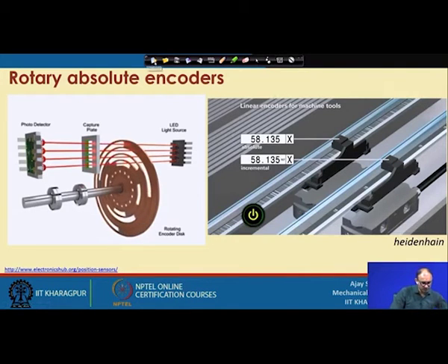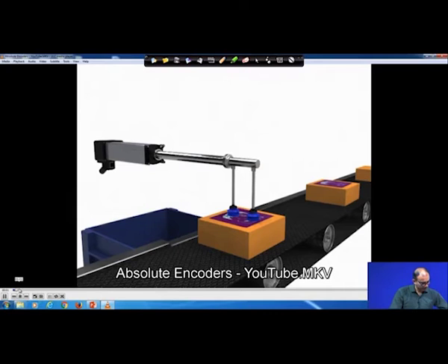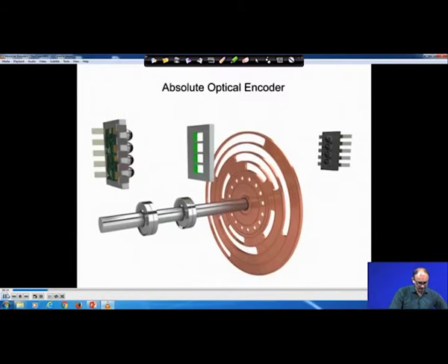Let me show you one more video, which is an extension of this video. Absolute encoders are used in many applications that require speed. This is one of the applications. What is happening here is that your robotic arm is instructed to pick up the part where you are not getting this particular wrapper on top of it. So, that is the application. We have already seen this particular part, so let us not go through that again.